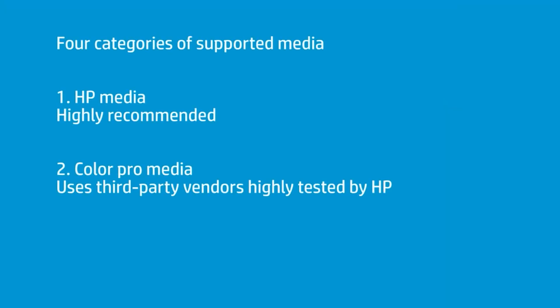Now, there are different categories of media within the locator. Probably the most obvious is HP Media. Now, HP Media benefits from a very close relationship between our media manufacturing and our coating and our media development and our printers and our inks. This is part of our family, and HP Medias are very reliable. The second category is what's called ColorPro. ColorPro is a relationship between a third-party vendor and HP where we form a sort of an alliance to create medias that are highly tested and evaluated.